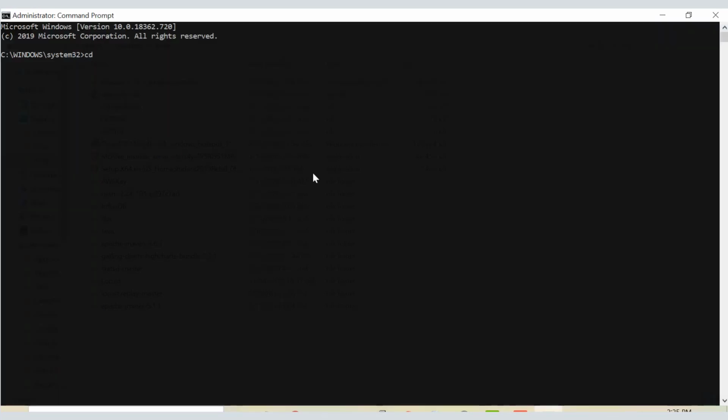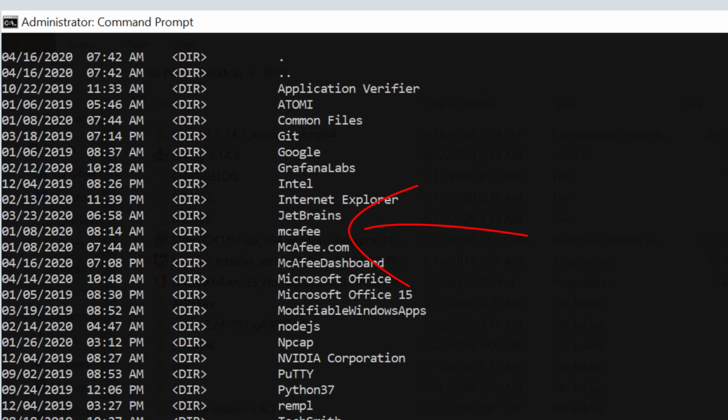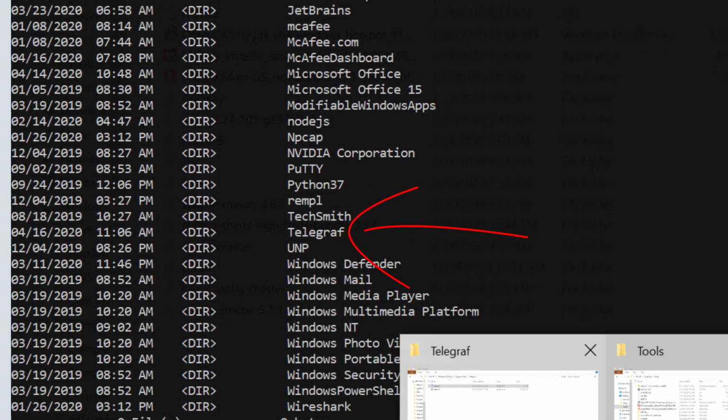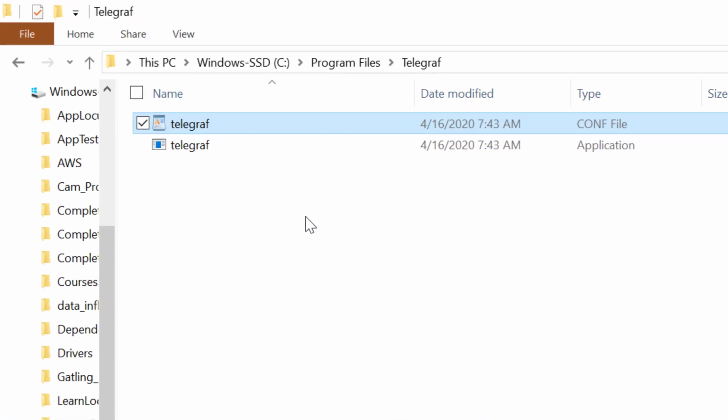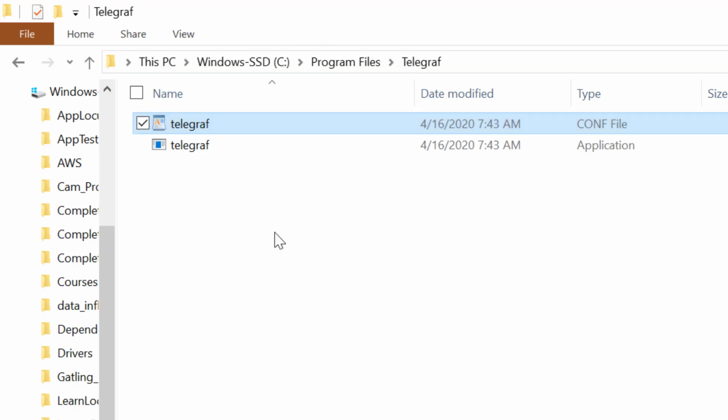You need to go to Program Files and there you need to make a directory Telegraf. I already have this directory. Once you have this directory, all you have to do is copy the content of the zip file here. You have to extract the content in this path, C:\Program Files\Telegraf, and what you will eventually get is one application and the other is a conf file. So let's open this conf file